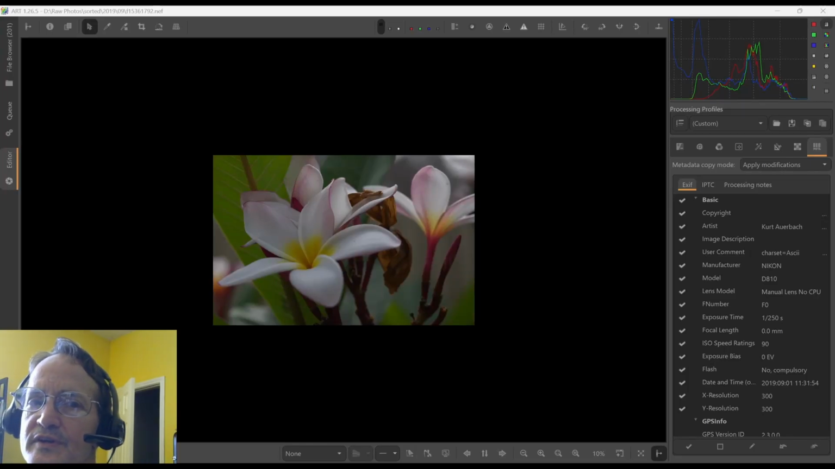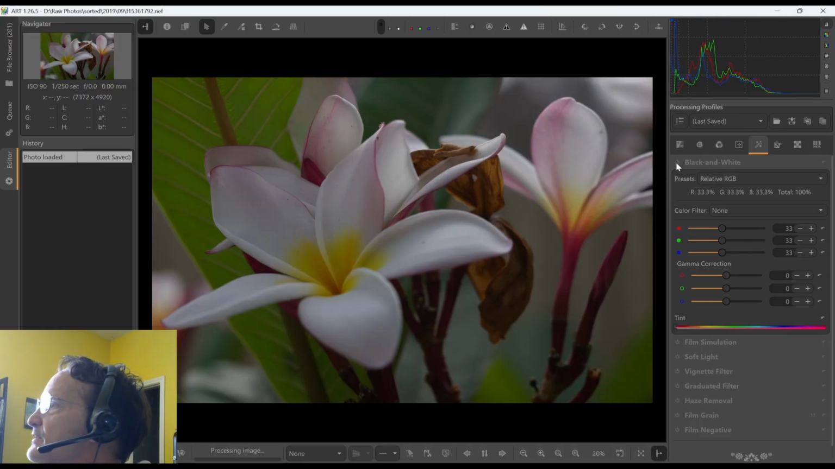Hey guys, previously we did an edit in Darktable, the same image. This time we're going to do it in RawTherapee. We're using the art version. So we'll turn on the module,